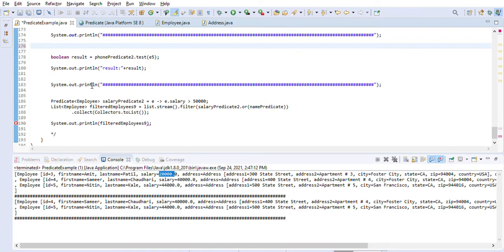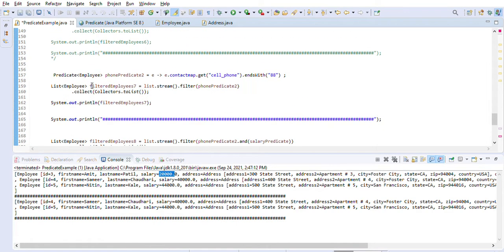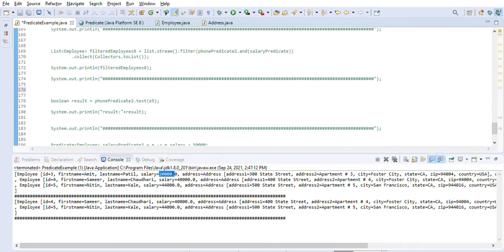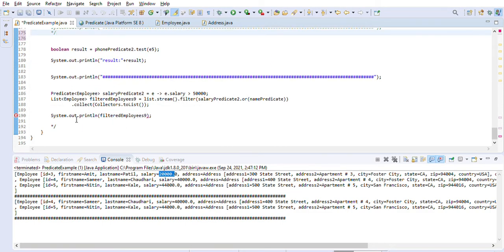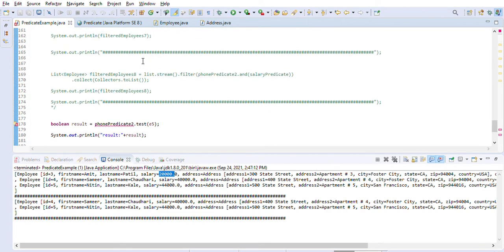So let me comment these things, because otherwise it will rerun the whole thing, and I don't want to rerun the whole thing. So here we want to use phone predicate 2.